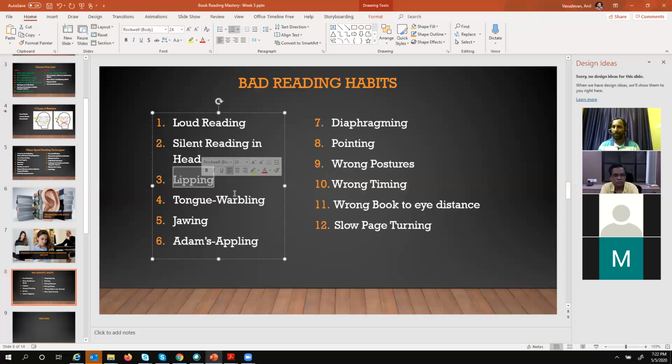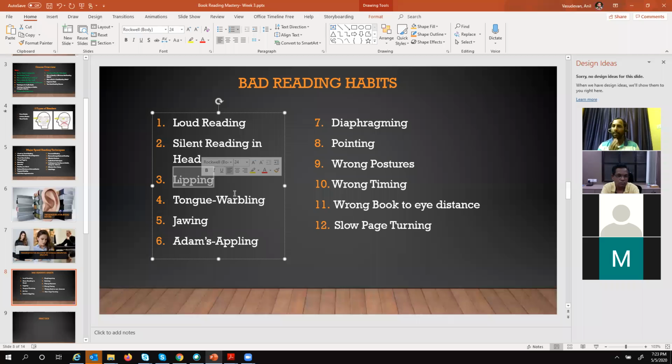How to eliminate this, basically there are three ways. One is, while reading, this is for somebody who has very much difficulty, just put your tongue out or put a pencil or anything under the tongue, so that the tongue is held down. You are not focusing on that movement. Ideally this needs to be eliminated to read much faster and better. Just check whether you have this bad habit, and you can eliminate it.